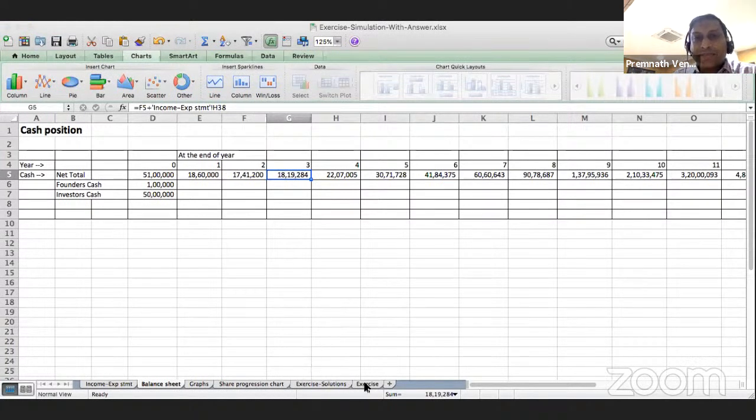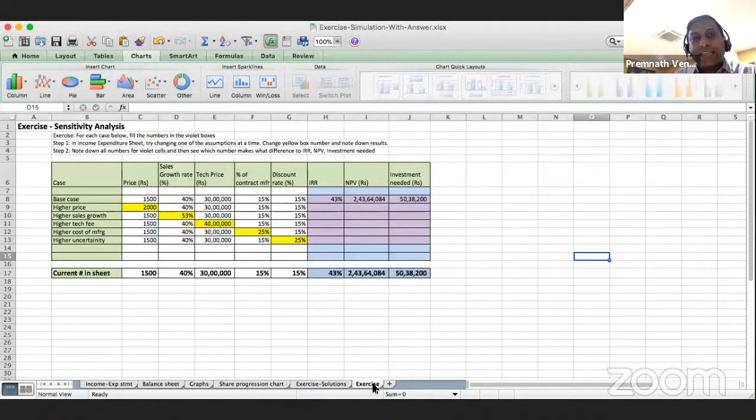Now let's come to the last part of this. So we have done all of these parts. I hope everybody is quite clear. Pull out the sheet and we'll do this exercise now. Okay, so here is the exercise tab. You have an exercise out there as one of the tabs. What we are going to do is